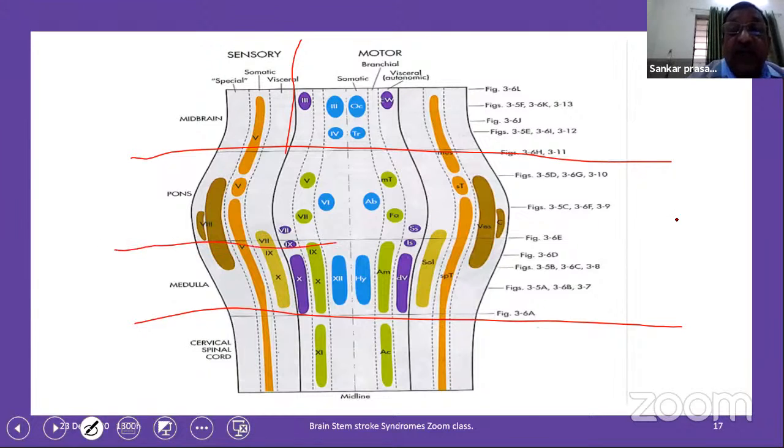With the 4-4-4 rule, you have to think of the 4 cranial nerves of the medulla, 4 cranial nerves of the pons, and the 4 lumps of the midbrain. Remember, the distribution of the motor and sensory tracts also will help us in remembering things. This doesn't require too much explanation, because we are going to see more of these